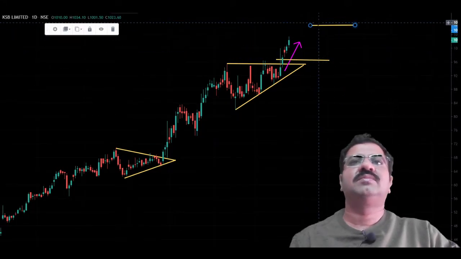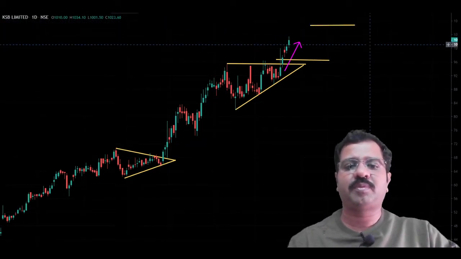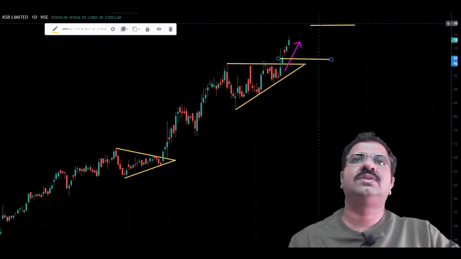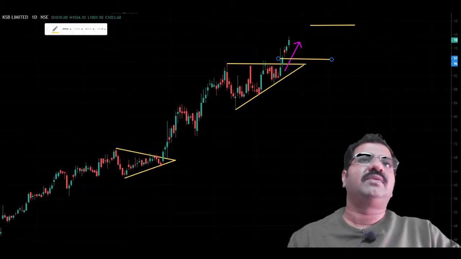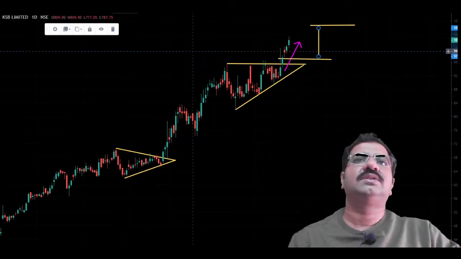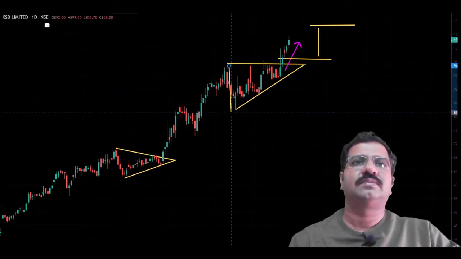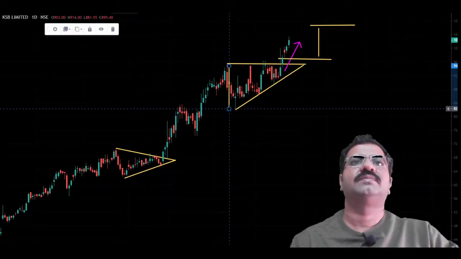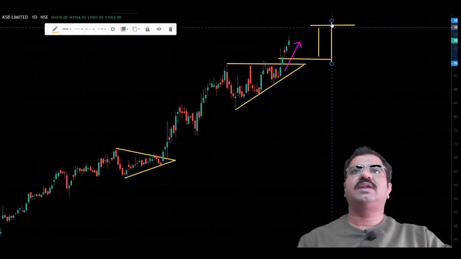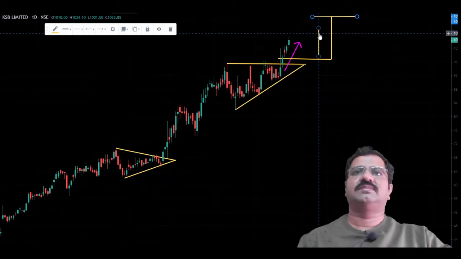When price moves up and comes to this level, you have to book profit, because the height between these two is roughly the same as from here till here. So this same should be your target. This is to be a little higher. Okay,